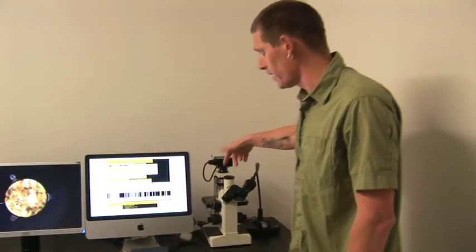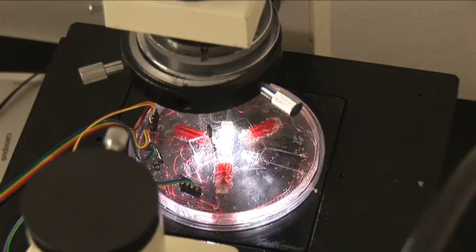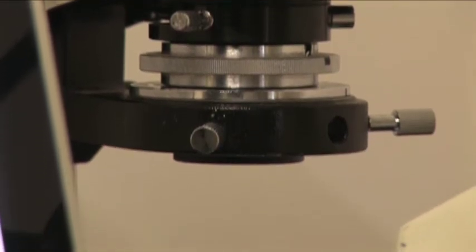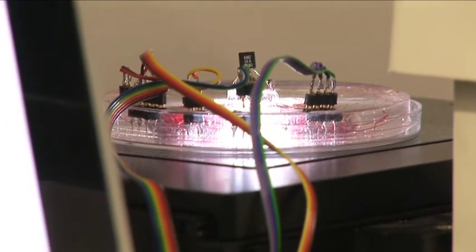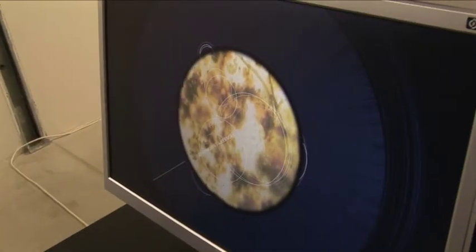Using this device here under the microscope, which is a device which is drawing on some techniques used in modern biotechnology and in astrobiology as well, to create devices which can incorporate electronics and biological specimens. So it's a device which has a small well right in the very centre in which the organisms are placed, and around that there's 3 electromagnets which allow me to reproduce magnetic fields of varying strengths and various directions as